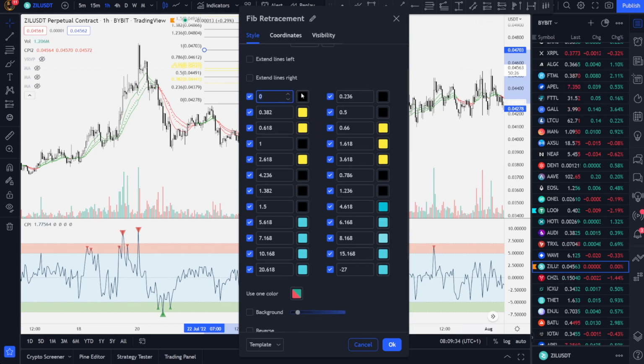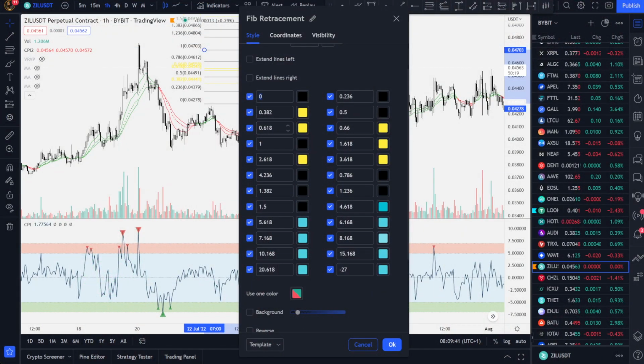So the most important levels I gave the color yellow because of golden, right? So the 38.2 like we discussed, 61.8 and the 66, so the golden pocket, 1.618. So every step you can do the 1.618, 2.618, 3.618. The 618 is the most important level there is. So put in yellow the important levels and just black, or if you have a black chart layout, put in white lines so that you have the right view of it. So put it in, and then